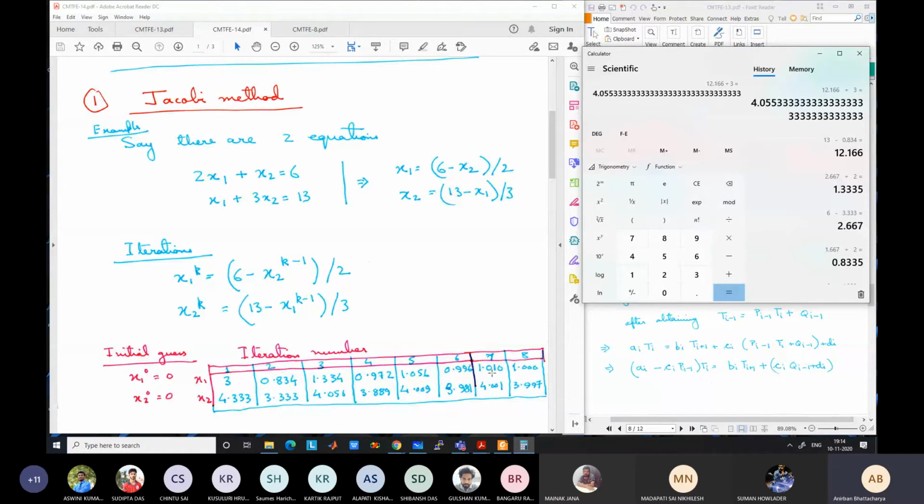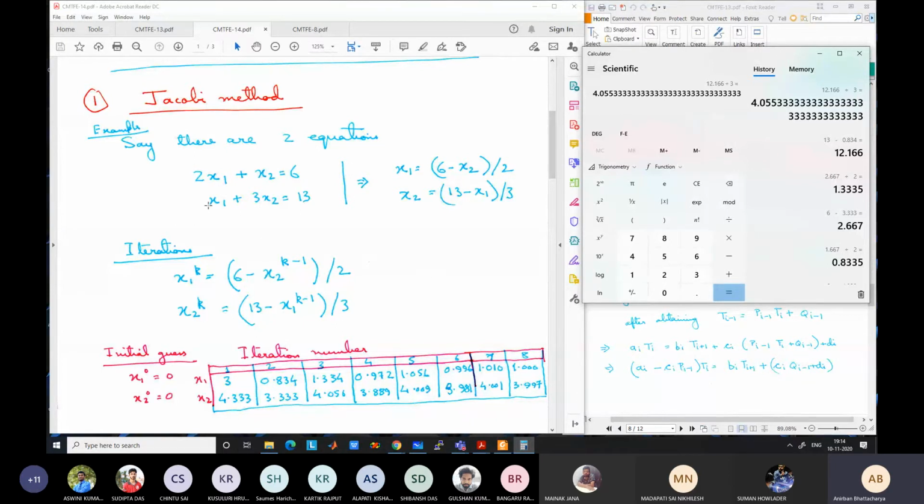You see that the change is occurring less and less. From here to here, the change is only 0.01, and for this one, it is only 0.004. So I have stopped here, assuming that we are satisfied with these values. If you are not satisfied, you can keep on continuing until you reach a very fine value. If you use 6 digits or 8 digits, you can go towards more number of iterations.